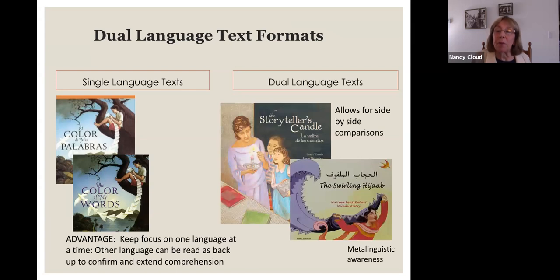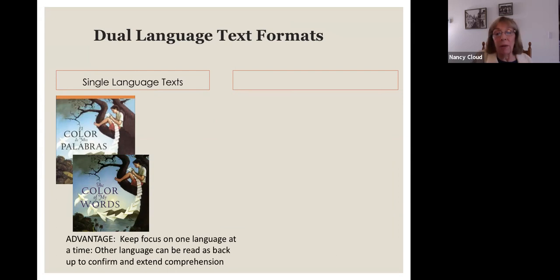And other times we find books where both languages are present in the same book. It's not two books, it's one book with both languages in there. So the advantage of the one on the left is I can keep the focus on one language at a time, and the other book could be given as a reference tool for kids to use when they need it, but they should be